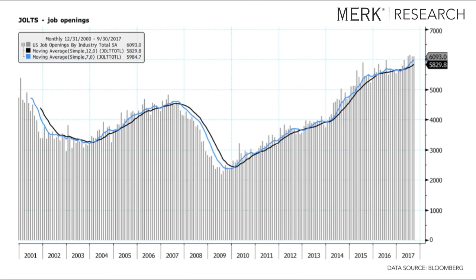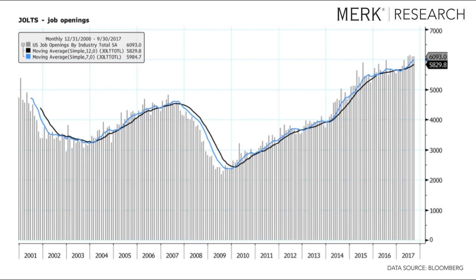The first one is the JOLTS report job openings. So the JOLTS report stands for the Job Openings and Labor Turnover Survey. One of Janet Yellen's favorite reports. She's a noted labor economist and the current chair of the Federal Reserve. Her term as Fed chair will end in January, and she'll be replaced by Jerome Powell, who is not a PhD economist. He's a lawyer by training. But in any case, Yellen really liked this report,